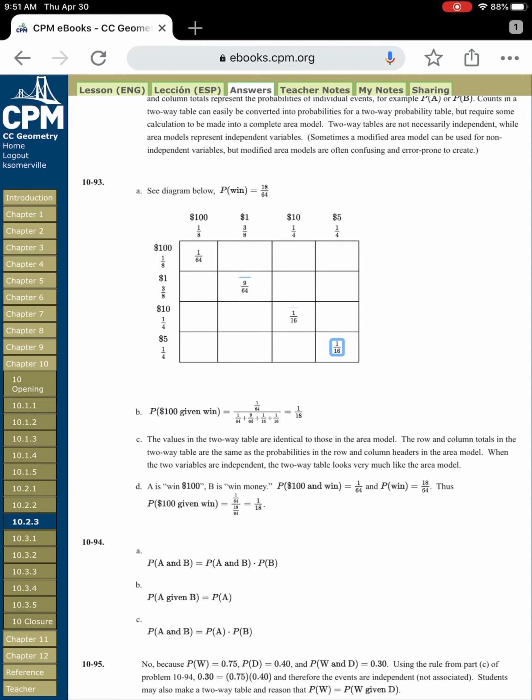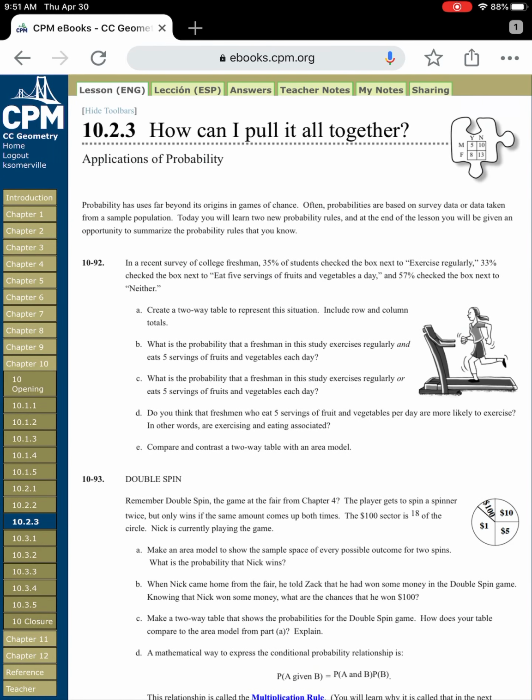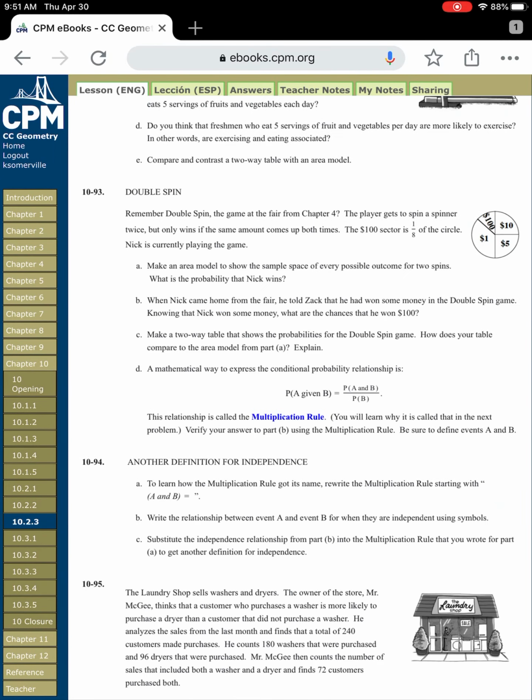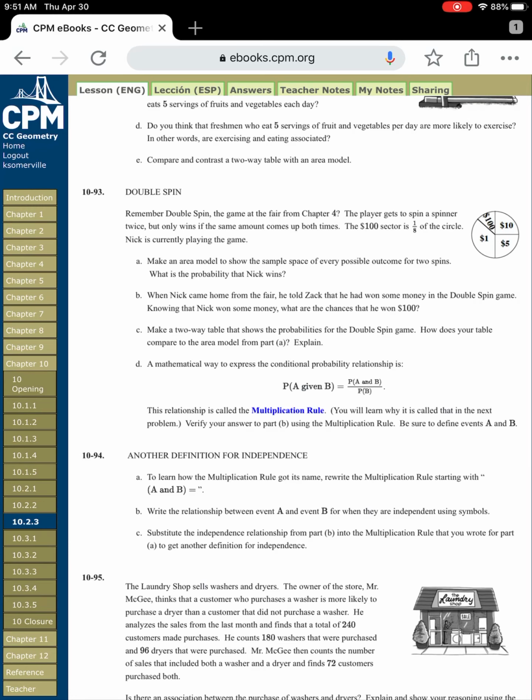By the end of this problem, they've introduced the multiplication rule, which says that P of A given B is equal to P of A and B over P of B. And that is what we've been using already because we had that head start from Edpuzzle, but now we've really formally been introduced to it in our textbook. That helps us in 94 to come up with another definition for independence. So in 94, just a reminder what the problem looked like,